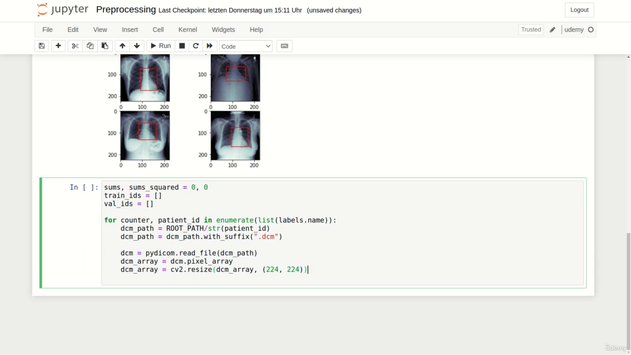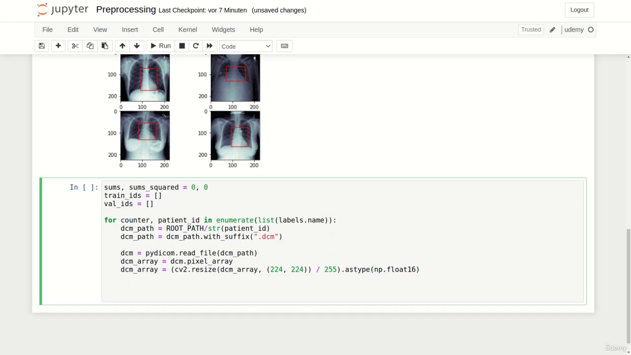Let's directly standardize the current image into the 0-1 range by dividing it by 255. Additionally, let's convert the resized X-ray image to float 16. To decide whether the current patient ID is a train or validation subject, we can use the ternary statement again, which assigns the variable train, or well, the string train if our counter is smaller than 400, else it assigns